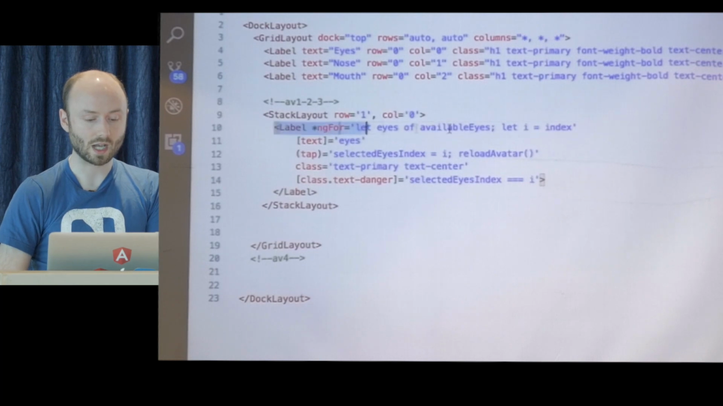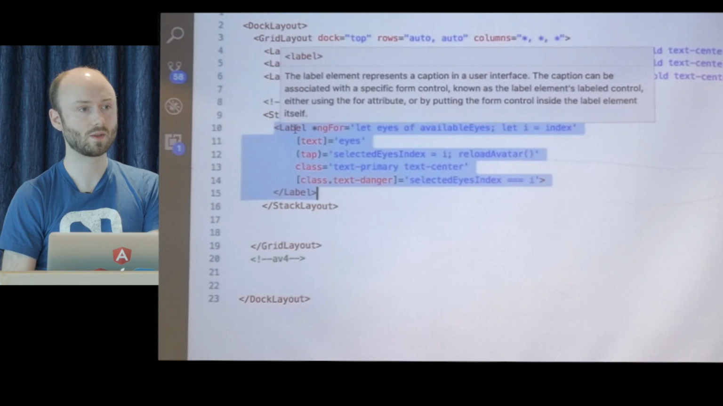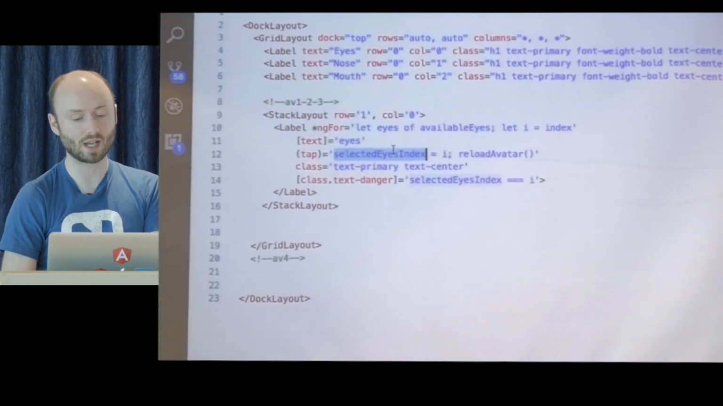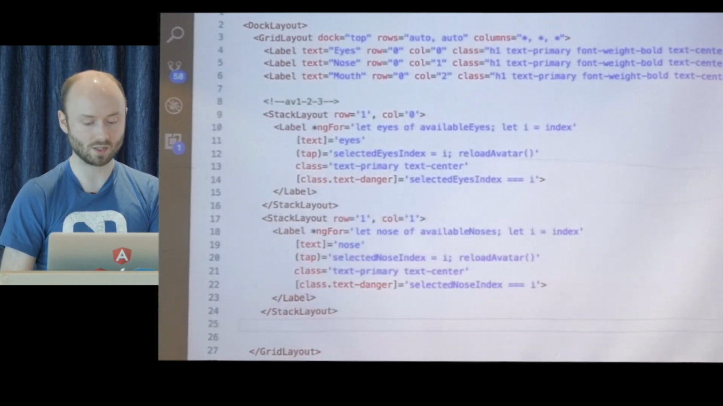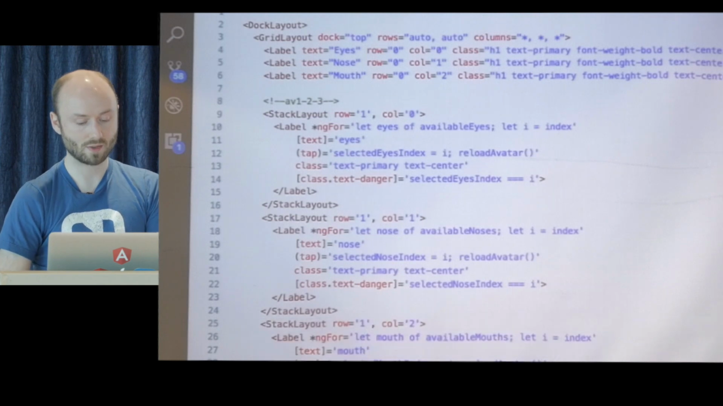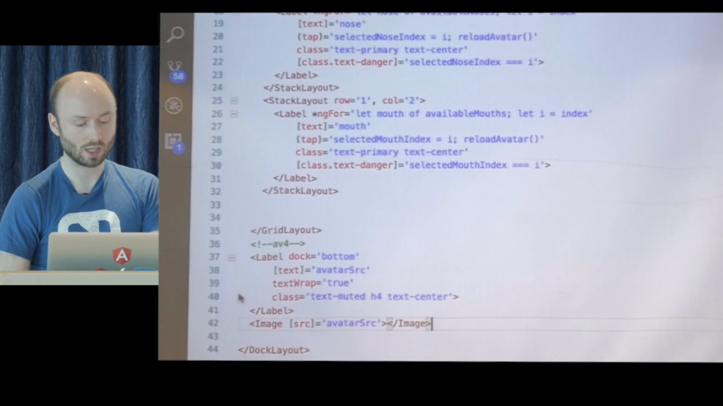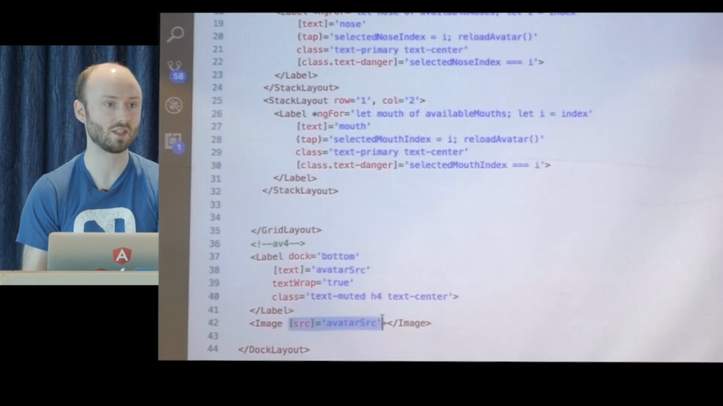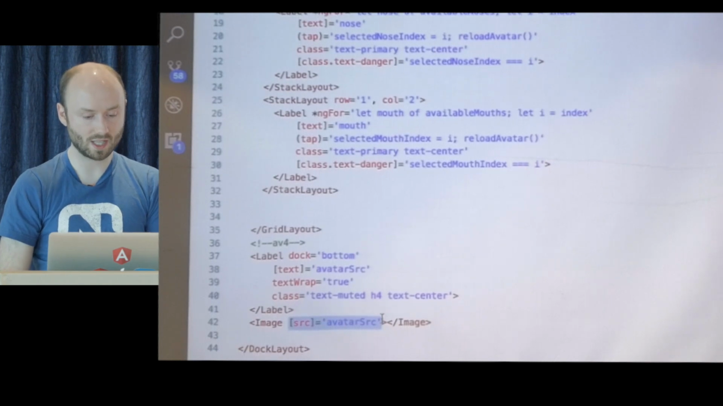And then basically, I'm doing an ngFor, and I'm creating a label for each of the available eyes. And I'm running exactly the same process. On tap, I'm just going to update the selected eyes index and call reloadAvatar. And then basically, I can do the same thing for noses and mouths. Okay? And then finally, I just need to display the image. So in here, I have an image component where I'm binding the source to avatarSrc, just like I was doing in the web, but this is a slightly different component. So if I save this